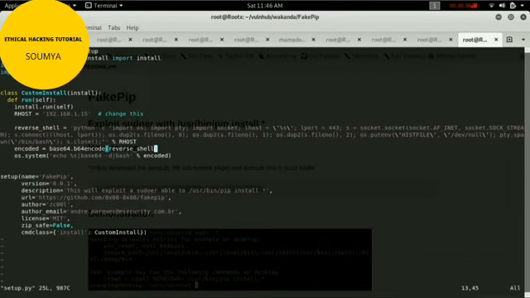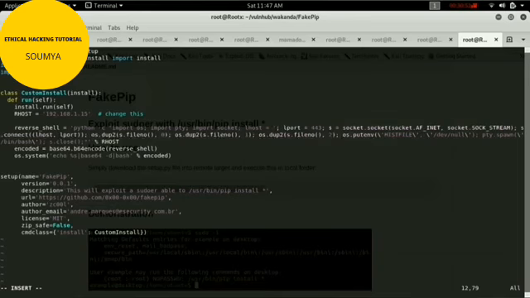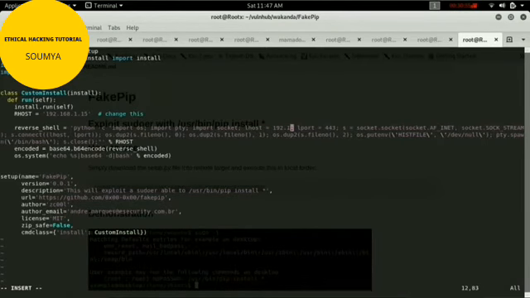Let me edit the host. Localhost is my IP address, 192.168.1.3. Remote is 1.15. Okay, everything is good.